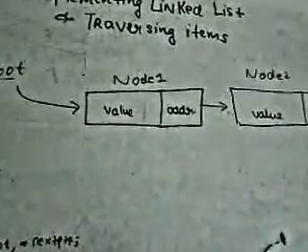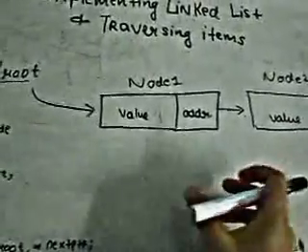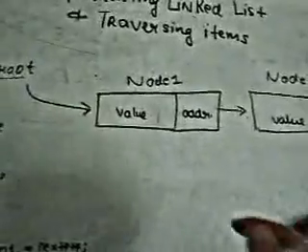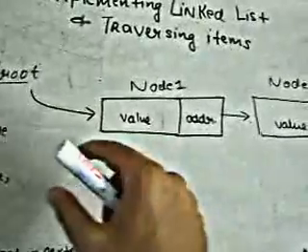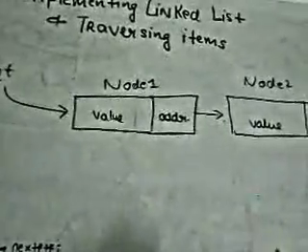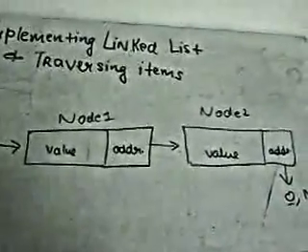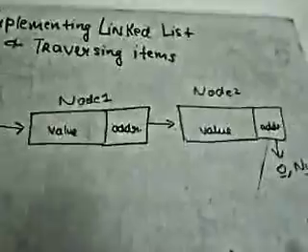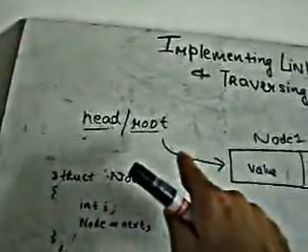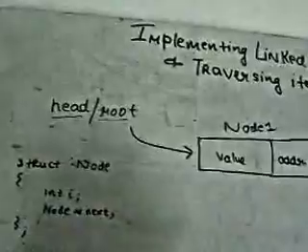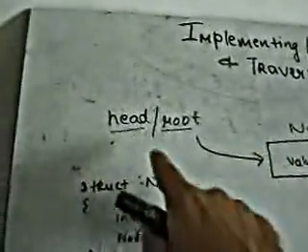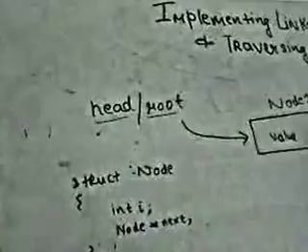And the most important thing about it is that these nodes have memory locations that may or may not be contiguous. That is, this node may be somewhere in the memory and this may be somewhere else. So creating a linked list does not guarantee contiguous locations. We should have a root or head which will point to the starting node, which gives a start to the linked list. So we have to preserve that value.